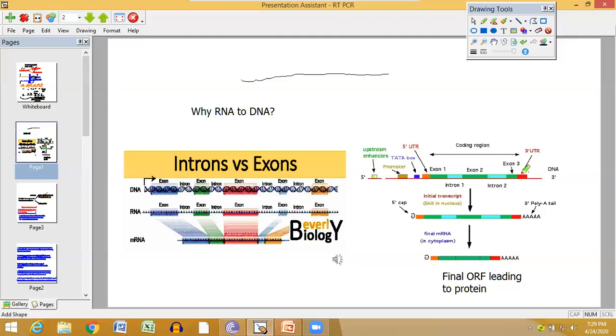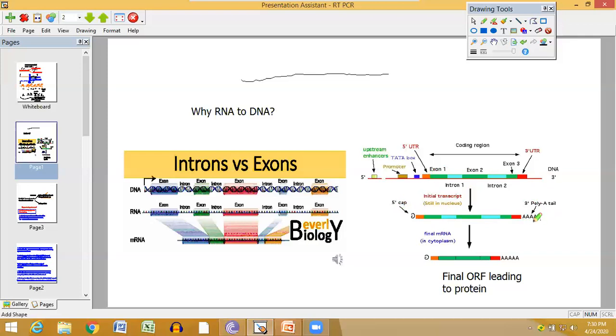All these kinds of things are present in an operon, on the total DNA, that cannot be translated into protein. Only the exon parts are translated into protein, with the untranslated regions, because untranslated regions are the hallmarks of the starting point and ending point of a gene. So introns are spliced out. In the initial transcript, they are present in the RNA. This is the 5' capping and this is the 3' polyadenylation tail. We all know this is present in the eukaryotic cell